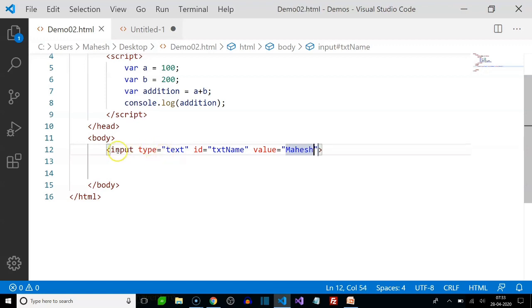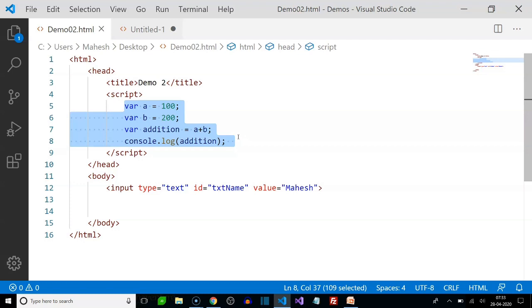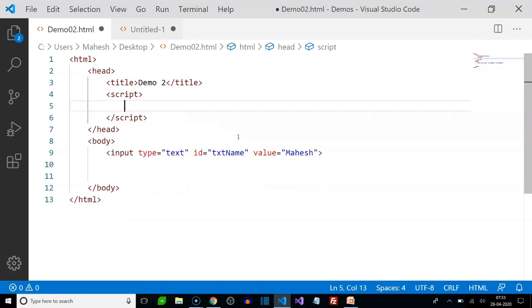So what I've put up here is an input element, which is obviously going to be part of the DOM now. The input element is going to have type equal to text, ID equal to txt_name, and value equal to Mahesh assigned. Whenever the DOM gets created, this will be presented as one object. Now in the script that I have just added, I'm going to remove the script now. And now in script, just like yesterday, we tried to find the text box's data and print